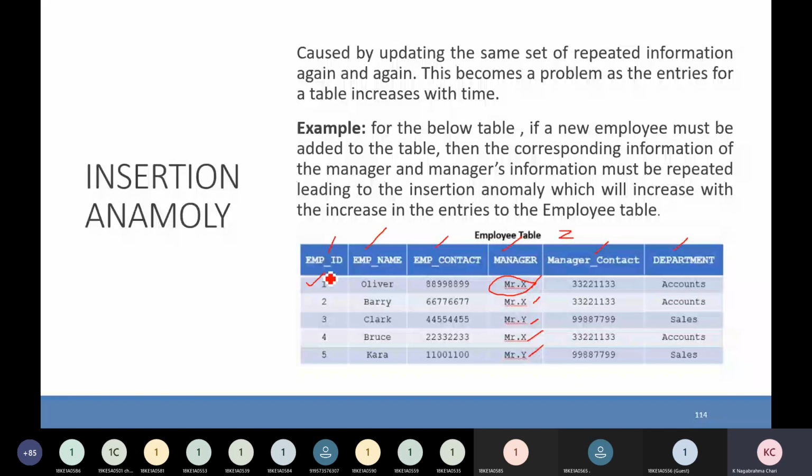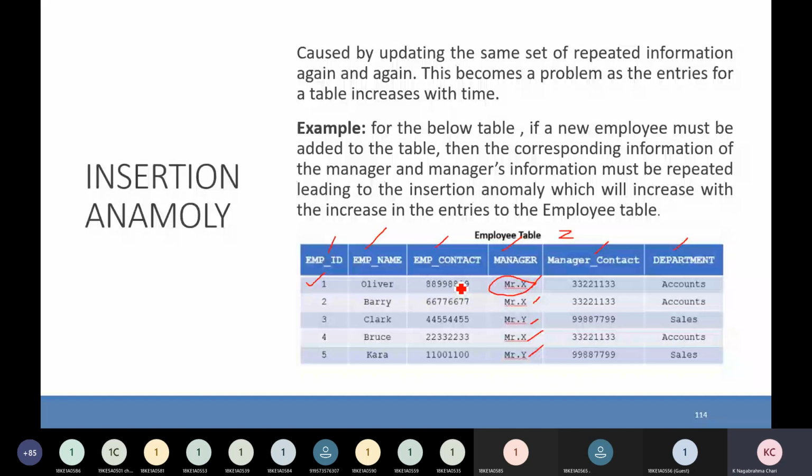So not only the manager data, it also deletes the employee data. We perform one deletion operation, and it causes another data to be deleted. So this problem is called deletion anomaly.